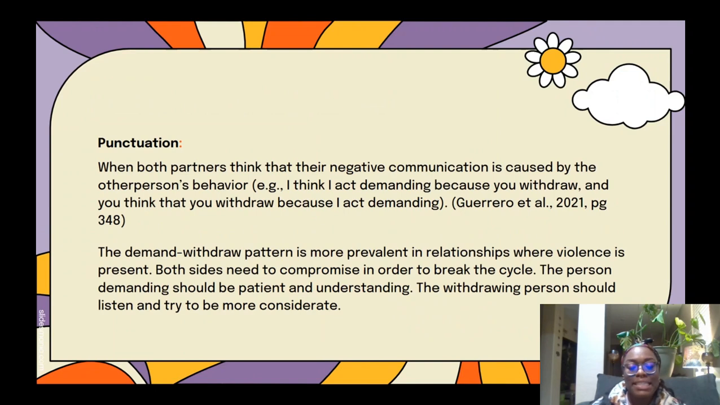So, in order to fix this in a more healthy couple, it would be for both sides to compromise. The person who is demanding should try to be more patient and more understanding of why their spouse may want to withdraw from them. And then the withdrawing party should try to listen and then try to be more considerate and more receptive to their spouse trying to